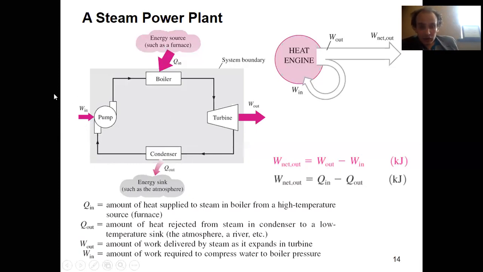So basically, if you look here, what will be this? This is net work over your system, and since you go clockwise here, remember you go clockwise, work output will be positive because it's work done by the system. It's done by the system, not on the system, right? Because that's the power source of a power plant, of a power cycle, convert heat into work. For refrigeration, the boiler and condenser will be vice versa. Here we go clockwise, so work output is positive. Correct? But the key point here is that you cannot avoid this.